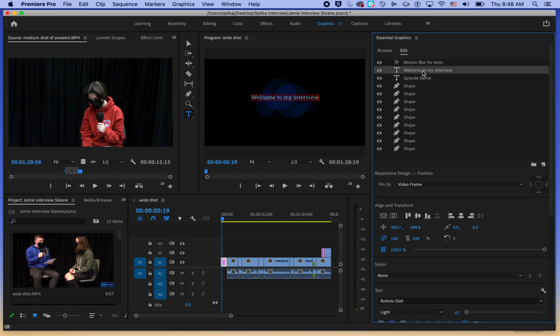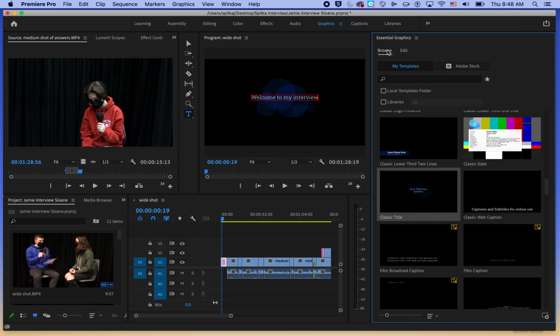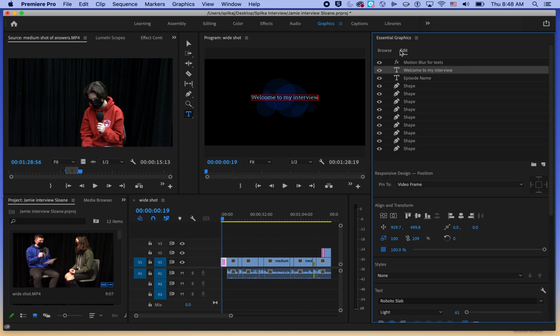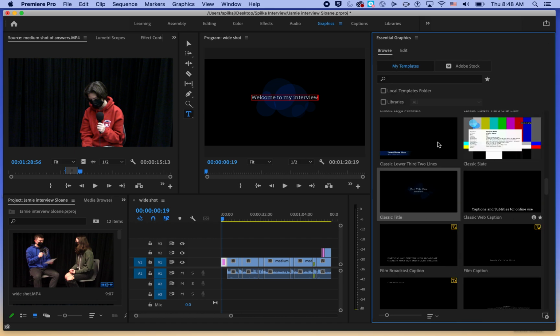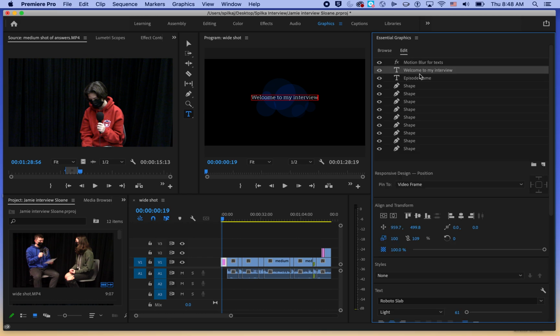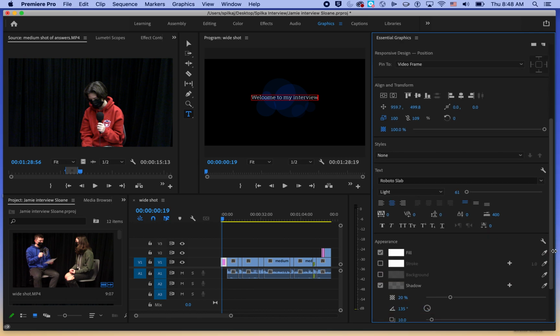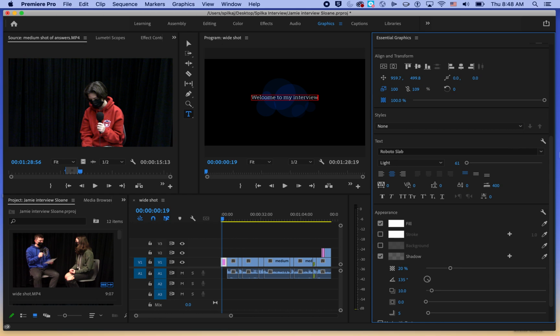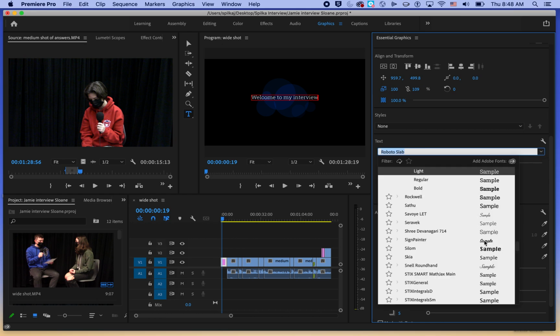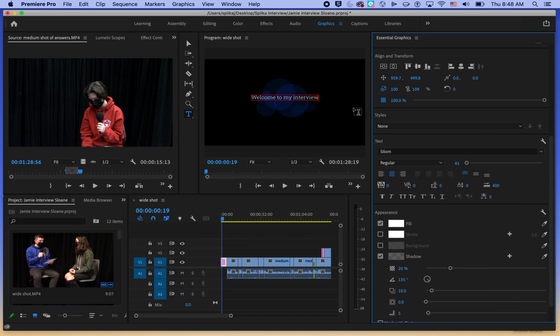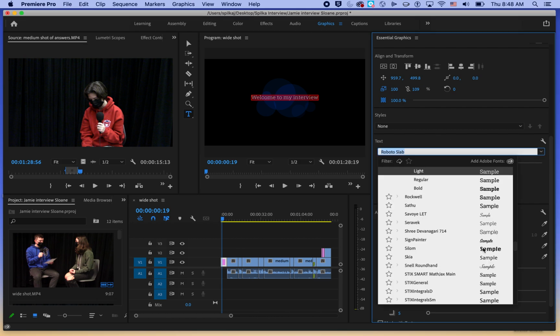Okay, if for some reason you don't see that, you want to click on Edit. Okay, so up here we have Browse to look at the templates, and then Edit is to make changes to it. So once you type out what you want, you can actually go down here. If I scroll down, I can actually change what the font looks like. So actually, you might want to sometimes have this highlighted over here by double clicking. So now if I go in and change my font,